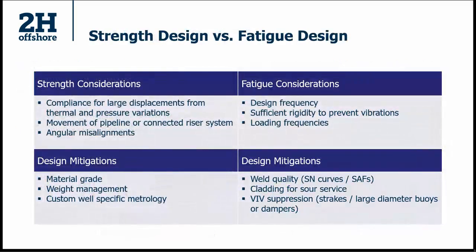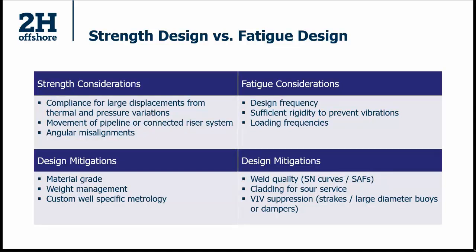On this slide, we have shown a comparison of the different requirements and considerations that you need for your strength design and for your fatigue design. So on the left, what you can see is when you're designing for strength, the objective is to have sufficient compliance in the jumper such that even if there are variations at the two ends because of thermal and pressure expansion, or if you have a well jumper, if you have growth of your wellhead or subsidence of your wellhead,